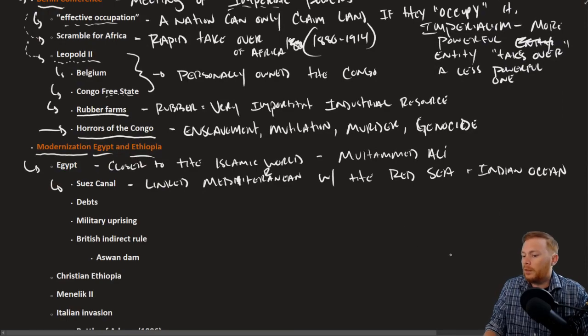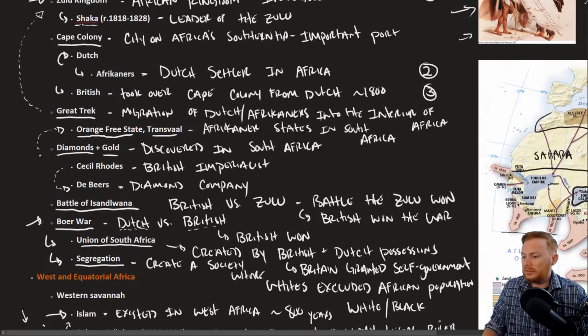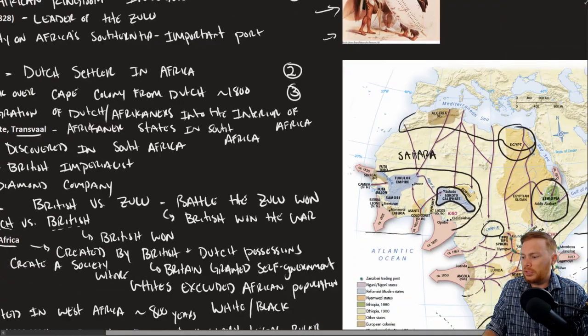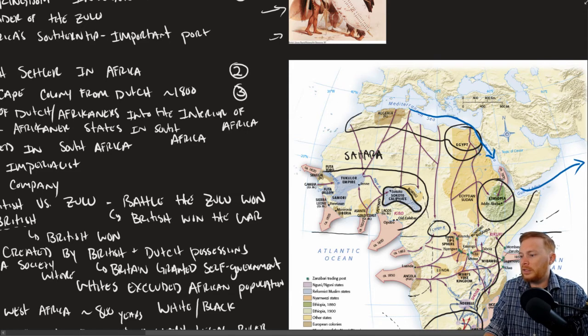There we go. The Suez Canal, and we'll go ahead and just point it out here, linked the Mediterranean with the Indian Ocean and the Red Sea. It was a very important trading route, or a very important area here. So here's the Mediterranean. The Suez Canal is right through here, right? So it allows ships to go from the Mediterranean into here and, you know, out here to India. That allows ships to sort of bypass the very, very long voyage that it took to go all the way around